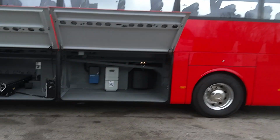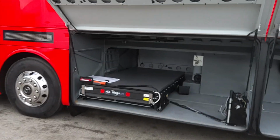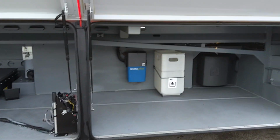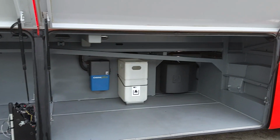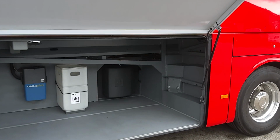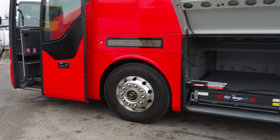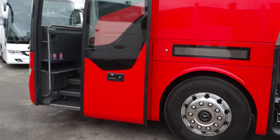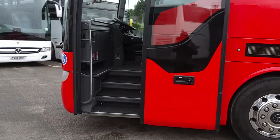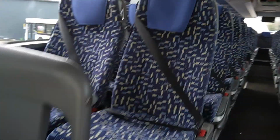Plenty of luggage space even with the lift. You can see the brand new PLS lift. You can also see that the coach is fitted with an onboard vacuum. I have checked, and in the little locker behind that little AdBlue box there is all the Hoover pipe. LED destinations are fitted to front, side and rear, and as we jump on board we have 53 reclining seats,